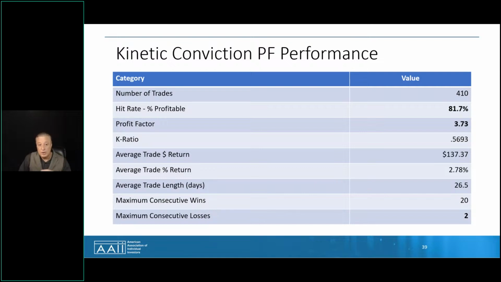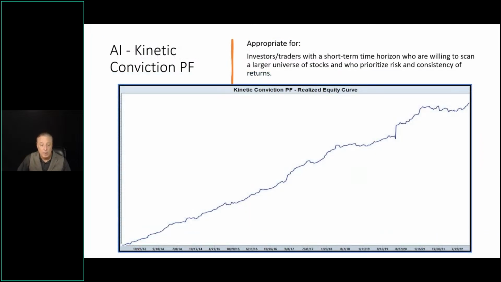And if you question this, we have some webinars with Metastock that I'm sure Jeff can tell you about to show you that. This is the computer-generated back-tested realized equity curve for the Kinetic Conviction profit factor system with Metastock. And by the way, it's only with Metastock. This shows, again, every stock in the S&P 500. It worked over good and bad market periods. It didn't even seem to flinch during the COVID drop.